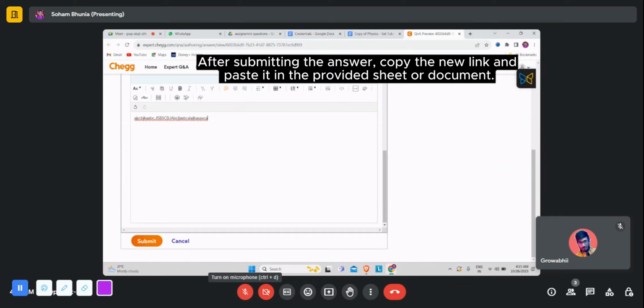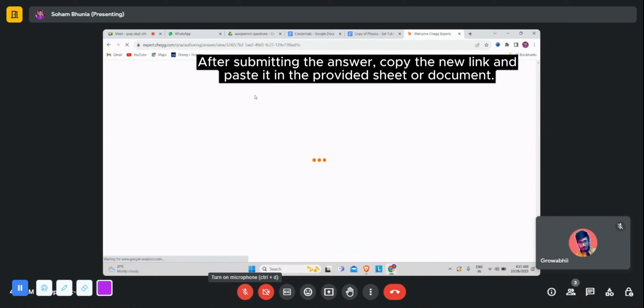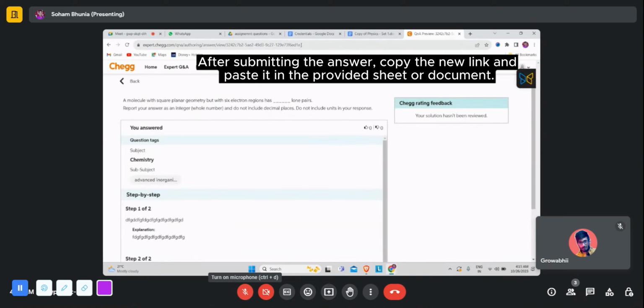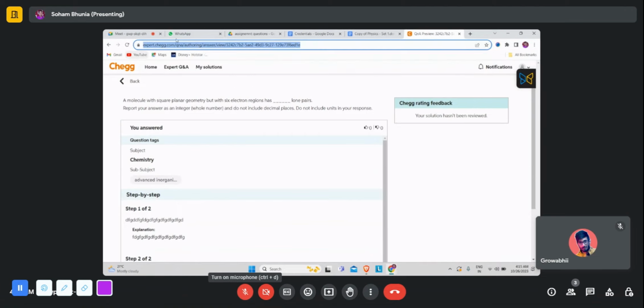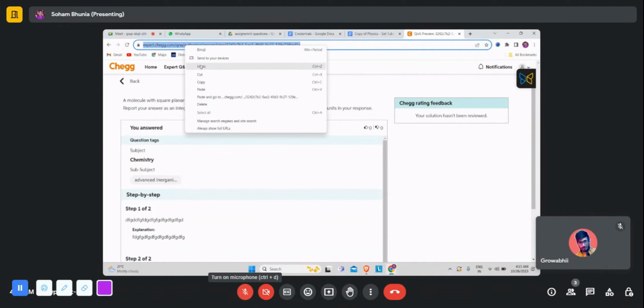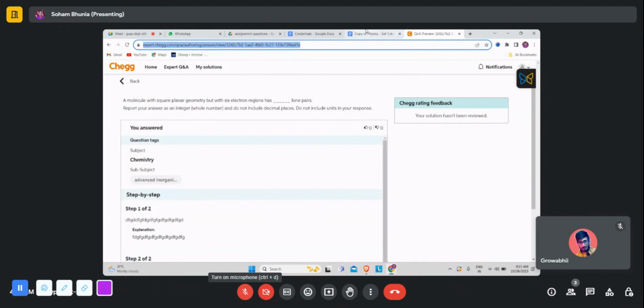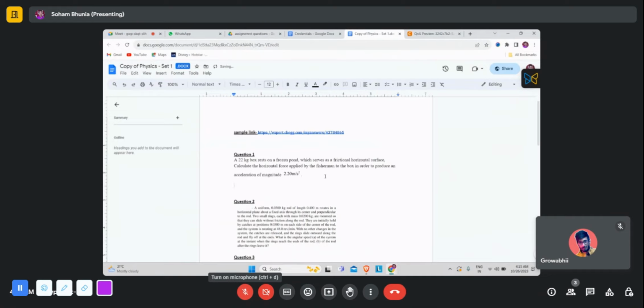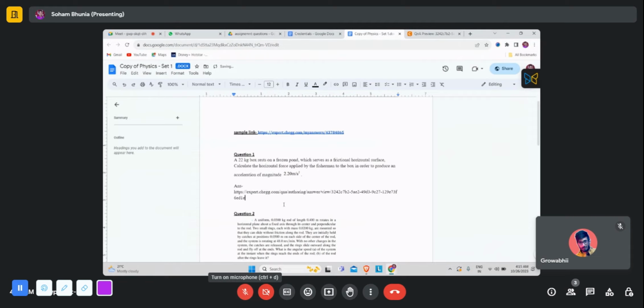After it's done, again you observe the link. It will change. I click on submit, and it has changed. So clicking on that, I'll simply copy this whole URL of the changed answer. After the answer, this changed URL I'll copy, and here I'll go. After question one, suppose I have solved question one there, I'll write answer here and paste this link right here